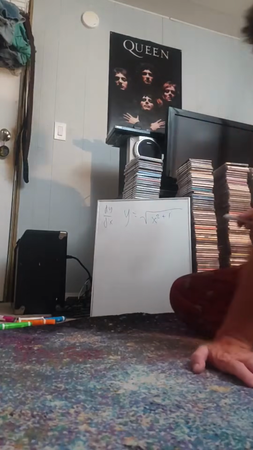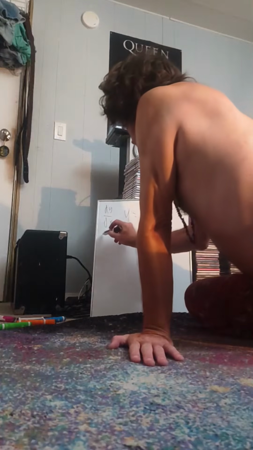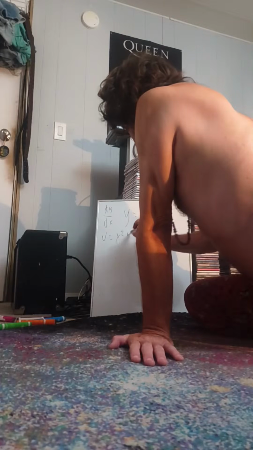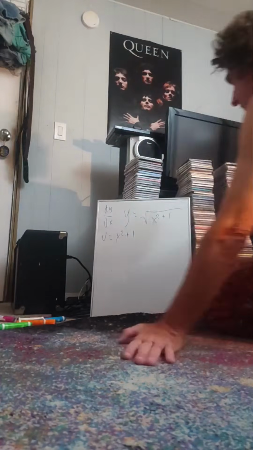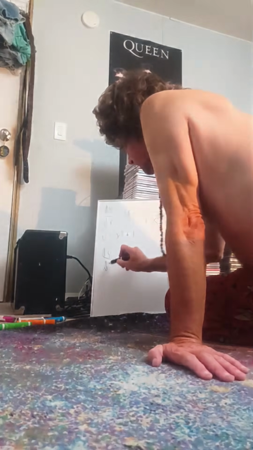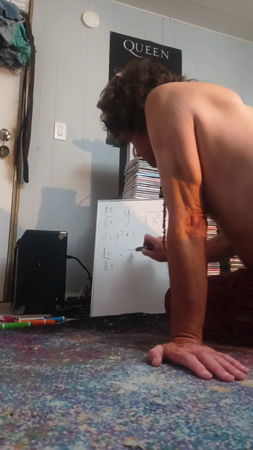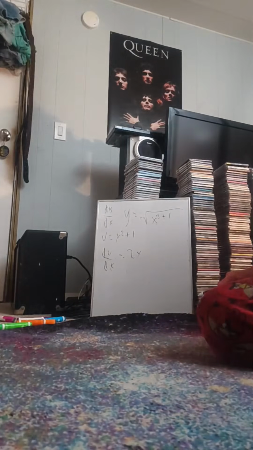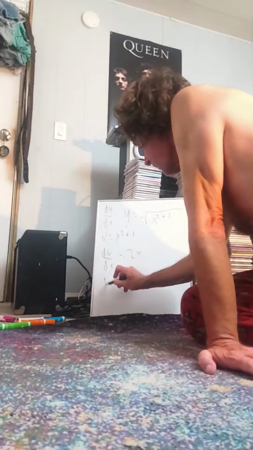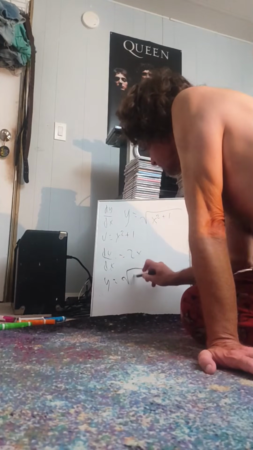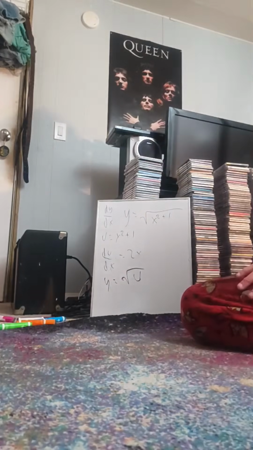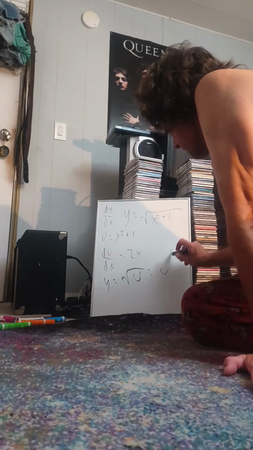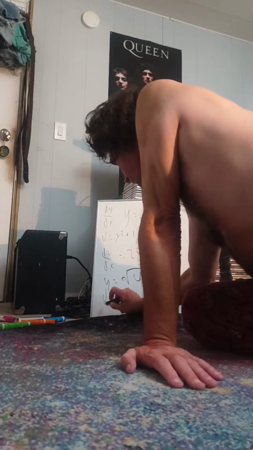Okay, so let's do it. u equals x squared plus 1. We're going to want du/dx, so we have du/dx by the power rule equals 2x. That's just the power rule. But then we have y equals the square root of u, which is equal to u to the 1/2 power. Using the power rule, dy/du